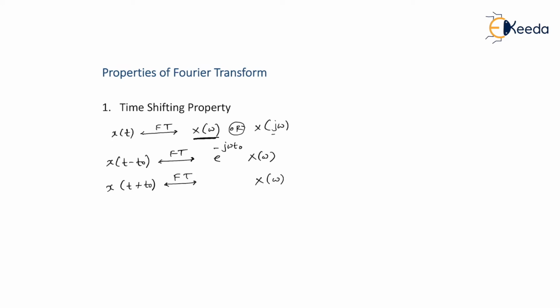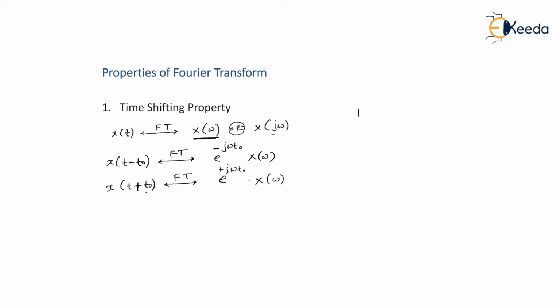same as that of X of omega, accompanied with an extra exponential term e to the power positive j omega t naught. So you can notice that if we have a negative sign here, we have a negative sign in the power of the exponential function. If we have a positive sign here, indicating it is advanced by t naught quantity, then we have a positive exponent present over here. If you want, you can relate it with the Fourier series property. In Fourier series also, we used to get Ck, that is nothing but the Fourier series coefficient in terms of a complex exponential Fourier series. There also we have studied this time shifting property and we had a similar property, if you remember.